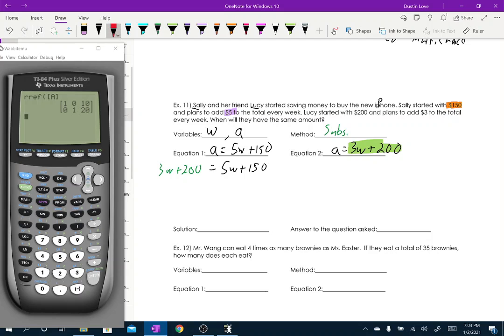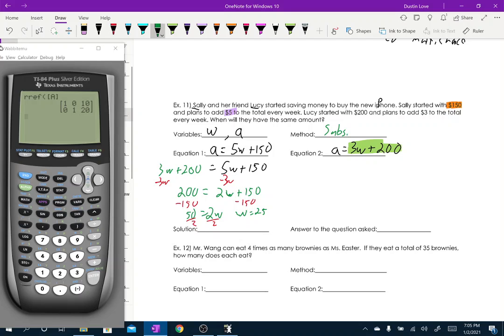Okay, so let's see. I need to figure out which one's bigger. The 5W is bigger, so I'm going to subtract 3W on both of them. And that's going to leave me with 200 equals 2W plus 150. Now I'm going to subtract 150 on both sides. And that's going to leave me with 50 equals 2W. Now, I'm running out of room here, but let's divide both sides by 2, and that gives me W equals